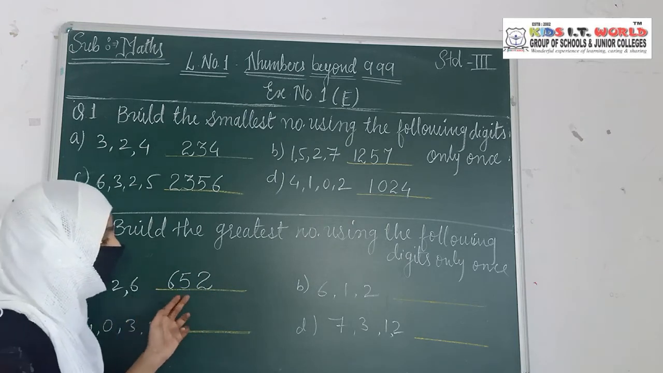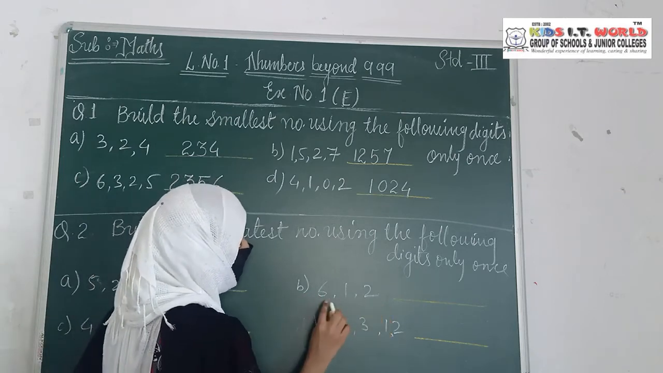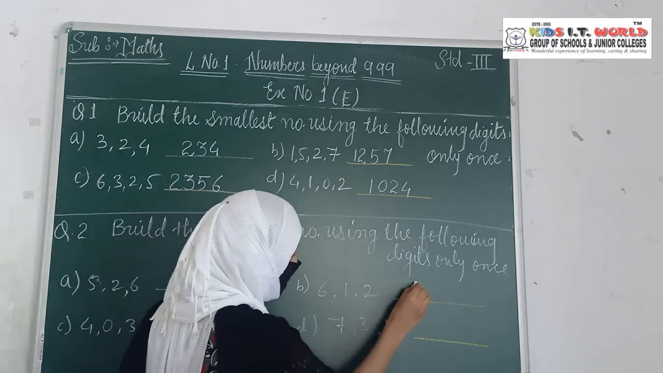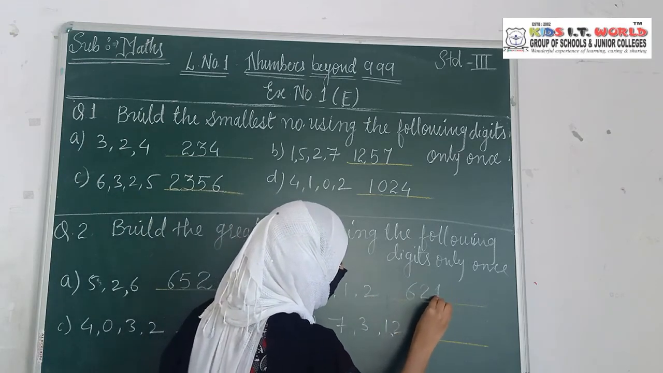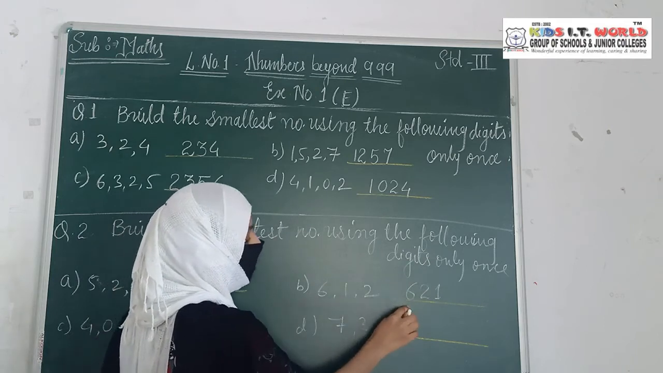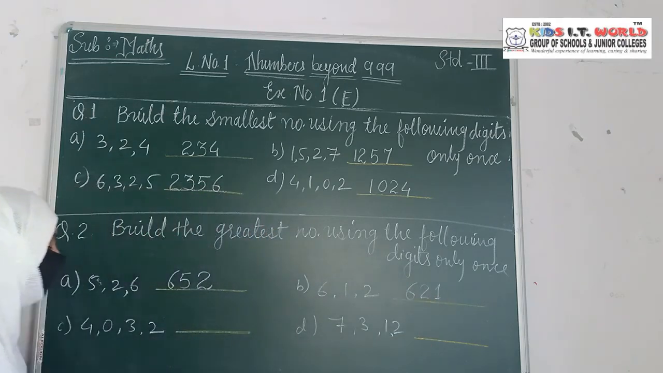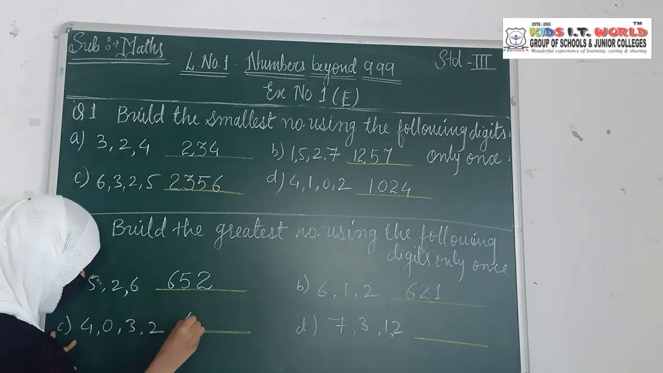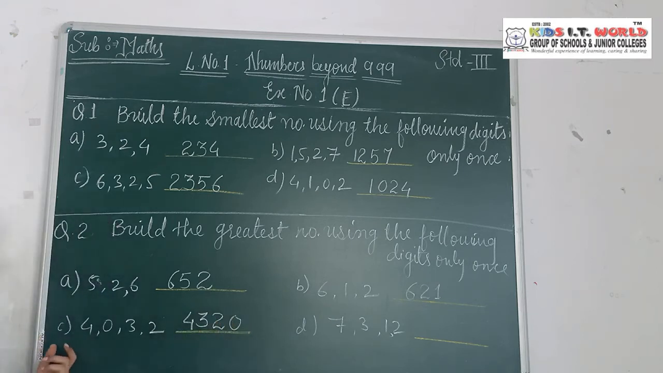652. Now the next it is 6, 1, 2. So which is the greatest number here? 6. Write down 6 here, then 2, and then 1. So from this value we got the greatest number 621. Now the third example, it is 4, 0, 3, 2. So which is the greatest number here? 4, then 3, then 2, and 0. So we got the value